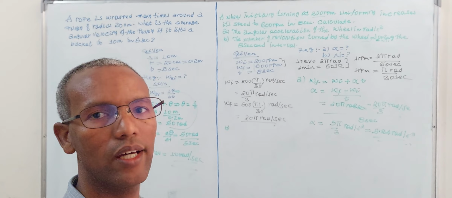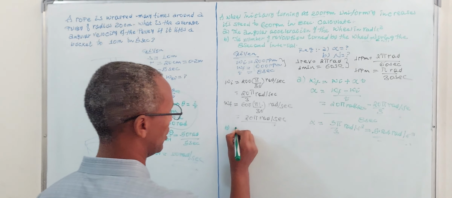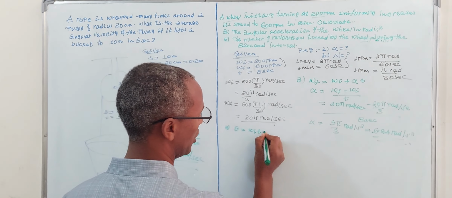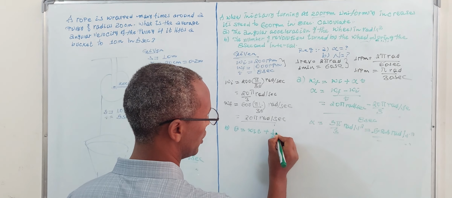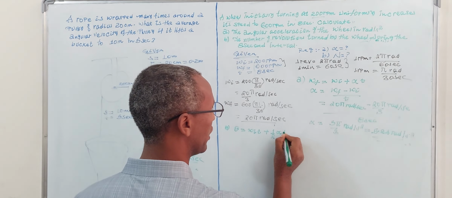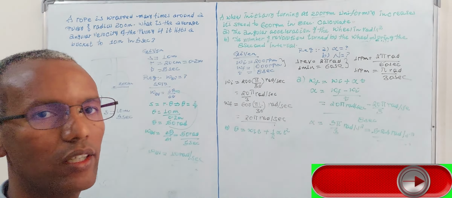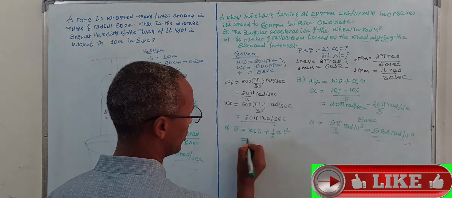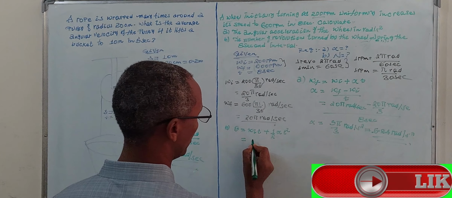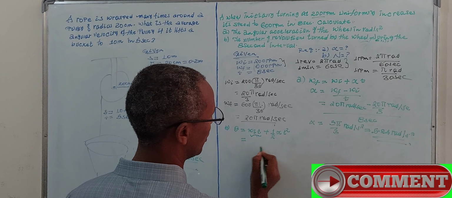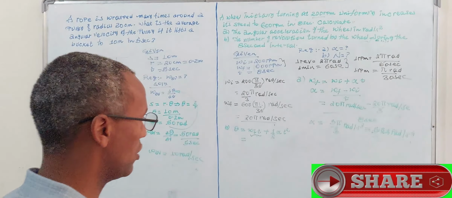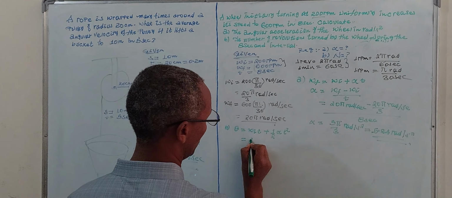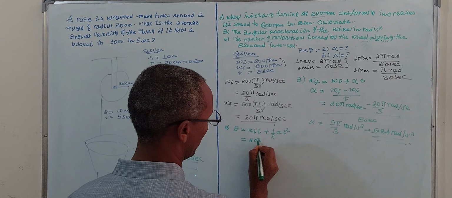The rotational displacement, or angular displacement, is equal to, as you know, the initial angular velocity times time, plus 1 upon 2, angular acceleration times t squared, okay? You need to find the angular displacement. So we have the initial angular velocity. You can calculate this term first and then this term second, or calculate it all together. Let me do it for you guys: pi upon